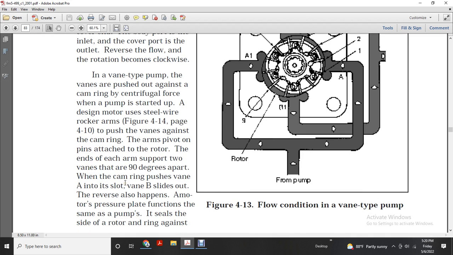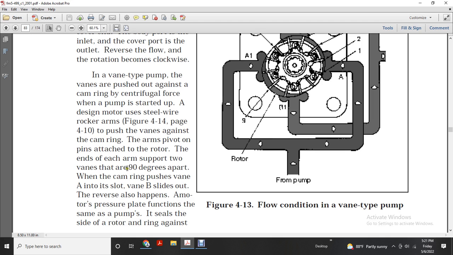In a vane type pump, the vanes are pushed against the cam ring by centrifugal force when the pump is started up, with a design motor seal wire rocker arm. Figure 414, page 410, shows the rocker arm pushing the vanes against the cam ring with the arms pivoting on pins attached to the rotor. The ends of the arms support two vanes 90 degrees apart with the cam ring. Push of the vane into the slot, vane B slides out with the reverse. Also happens at a